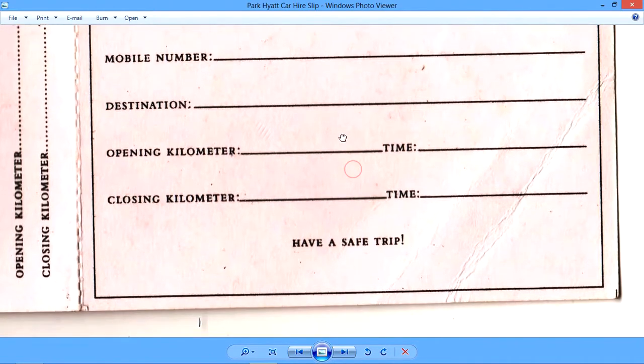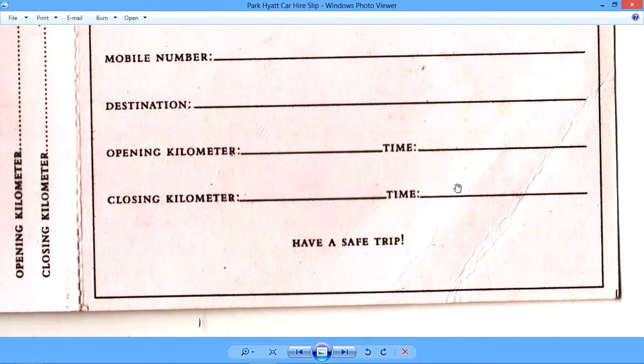And then finally, when the trip is over, once again that odometer is checked, and the reading of the car mileage is found and mentioned here, and what time this was taken is also mentioned here.